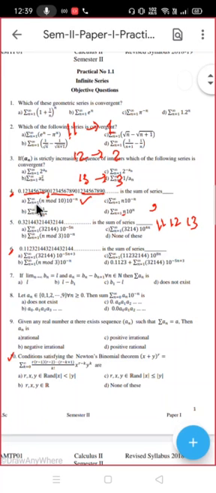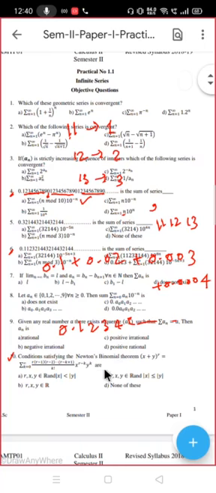You try to put some value of n and see whether you are getting that. If you put n equal to 1, it will be 0.1. If you put n equal to 2, it will be 0.02, because division by 100 will be there. So it will be 0.1 plus 0.02 plus 0.003, now 0.0004. If you add everything, you will be getting 0.12345 like this. Correct? So option number E is correct.